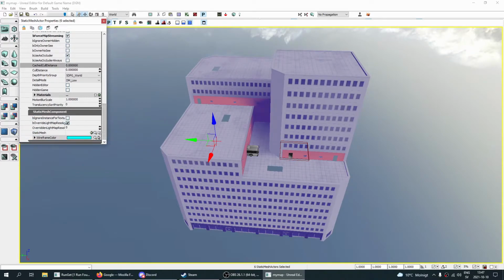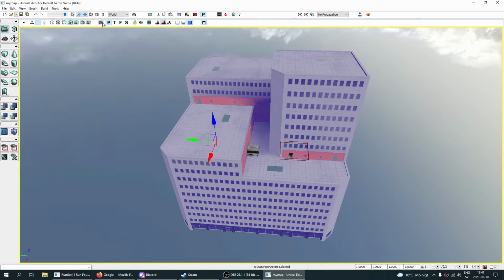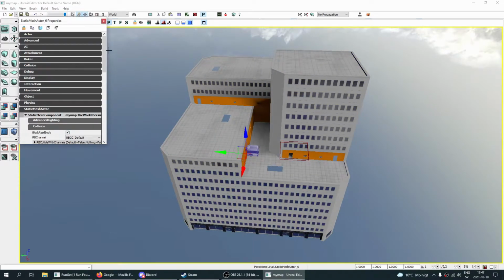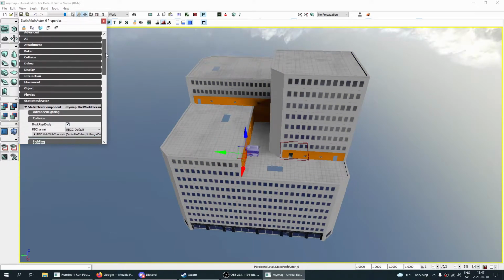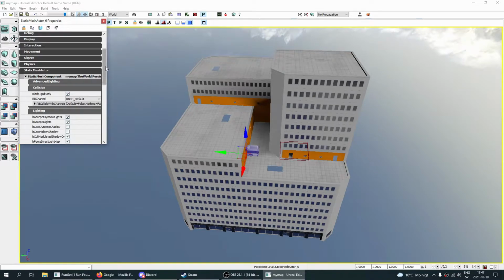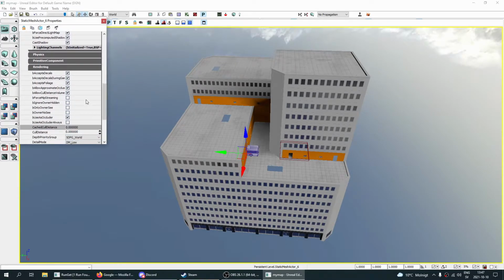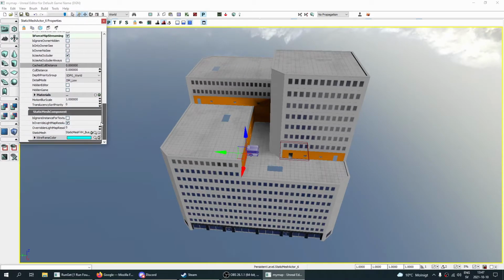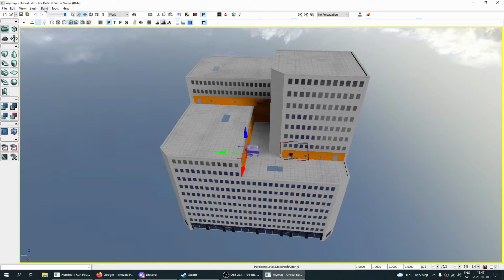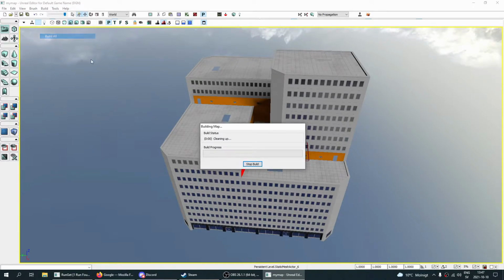Open it and uncheck bOverrideLightMapRes. We can do the same for the bus. Open the static mesh actor, force mipstreaming, and uncheck this. So now if we build everything again,